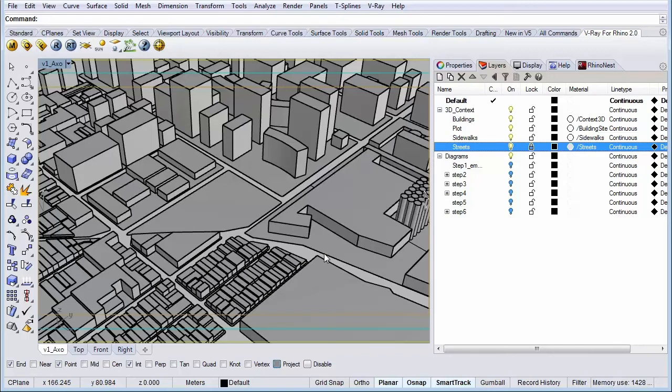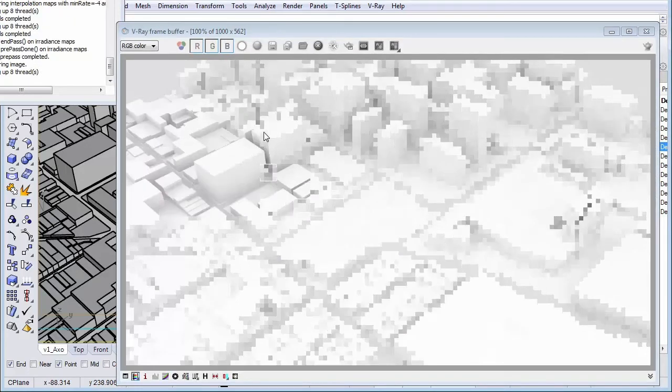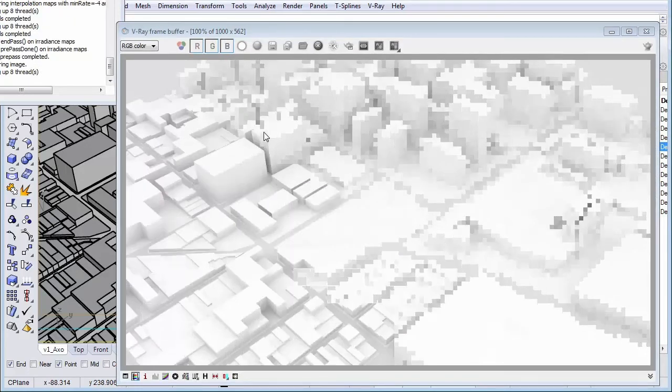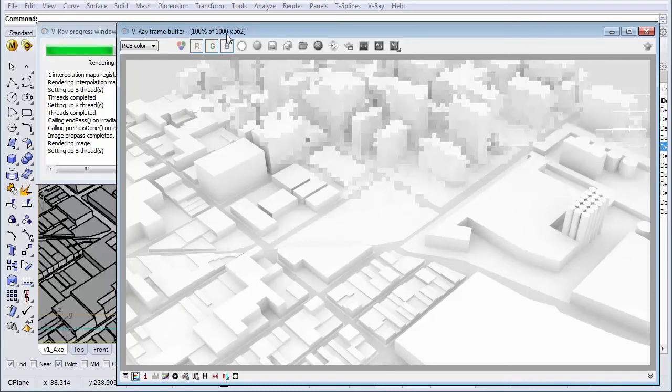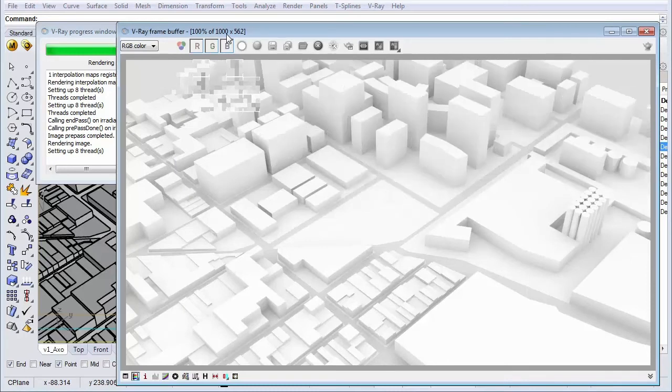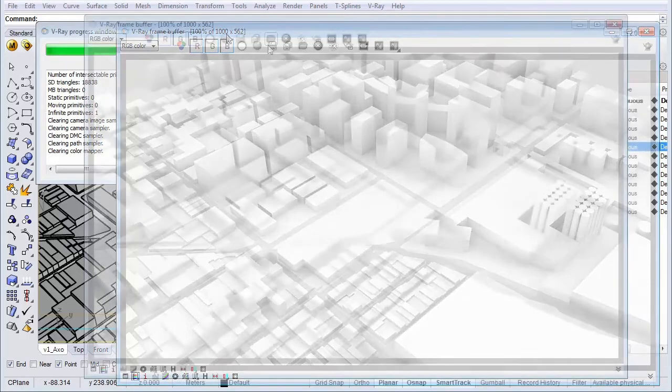And let's do a test render to see how it turned out by simply hitting the big R from render. Great, so it started to look pretty nice.